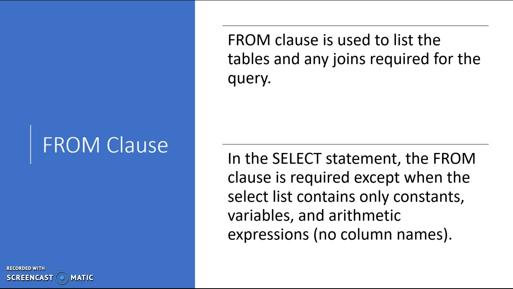The from clause is a clause that lists the tables and any joins that we do to get the data. So when we make a query, we use the from clause to specify the table from which we're going to get the data, or if there's more than one table, we use it with joins. As said here, the select statement